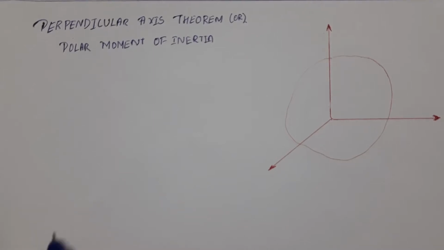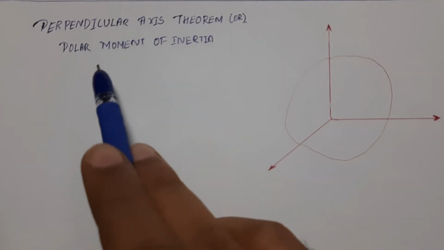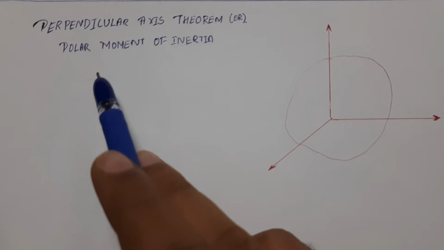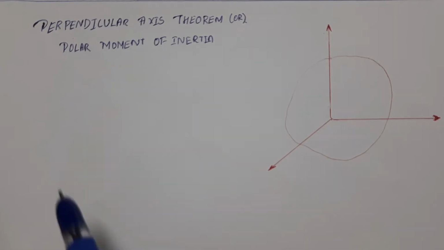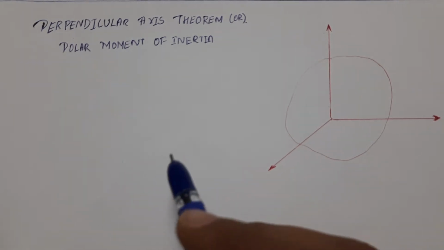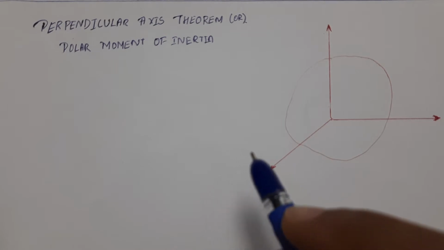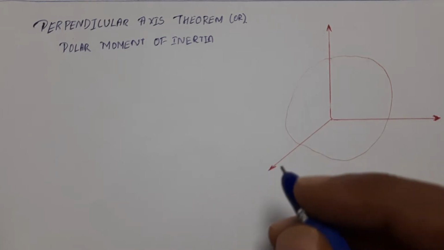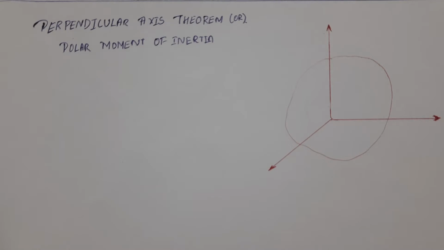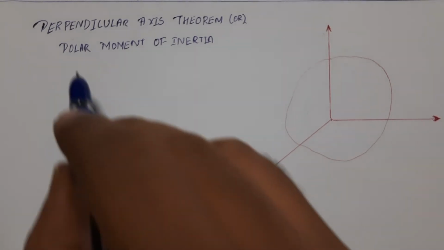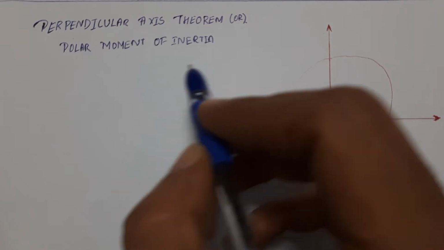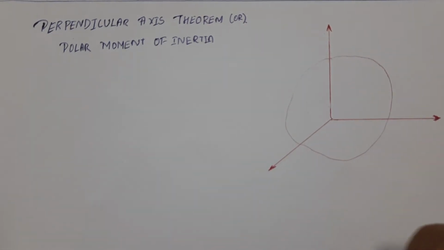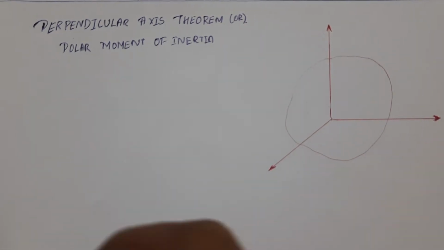So here we will be learning about the perpendicular axis theorem and a new term called polar moment of inertia. As we know, Ixx and Iyy are the moments of inertia that give the measure of resistance to bending about an axis. So here, the polar moment of inertia in a circular shaft gives the measure of resistance to twist about a perpendicular